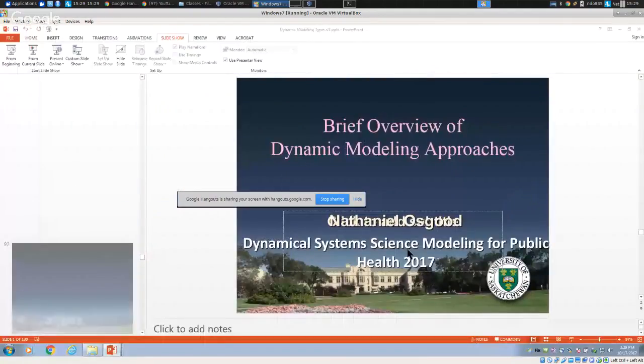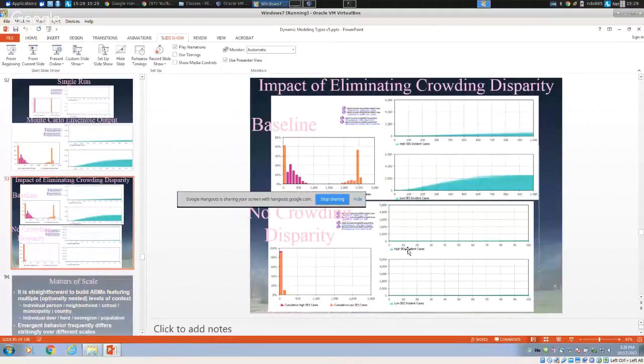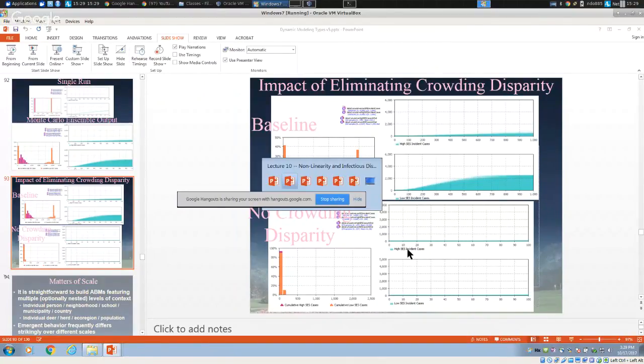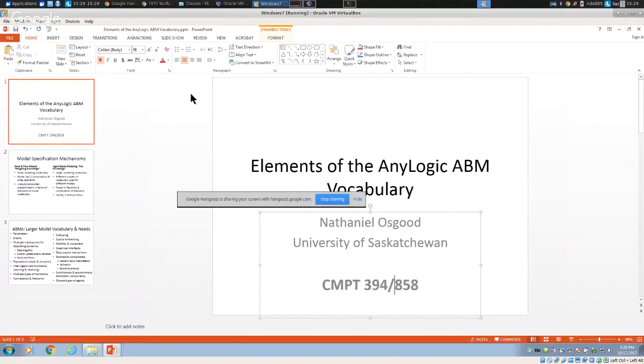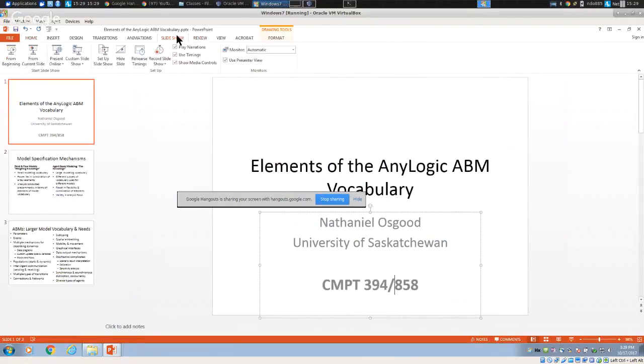So this is agent-based modeling. Agent-based modeling will occupy us for most of the remainder of the course. And reflecting with that, I'd like to talk about the modeling vocabulary that we will be using for agent-based modeling. Okay, agent-based modeling has a vocabulary that's very different from system dynamics,